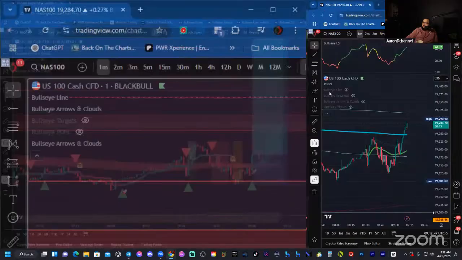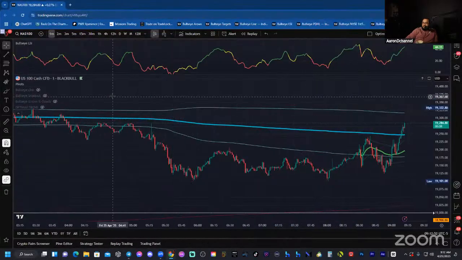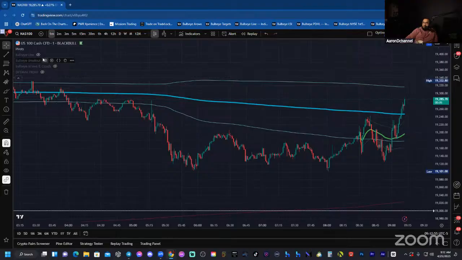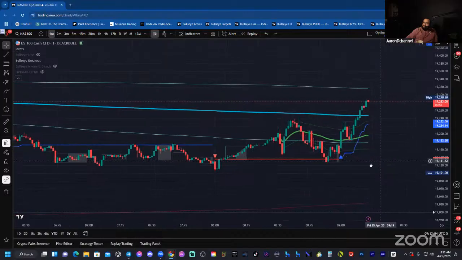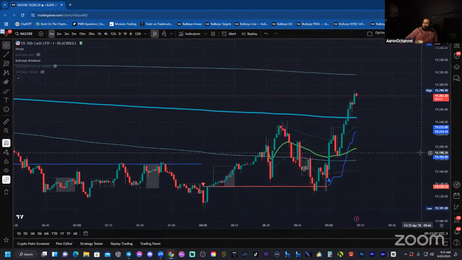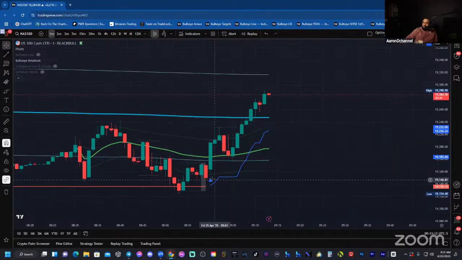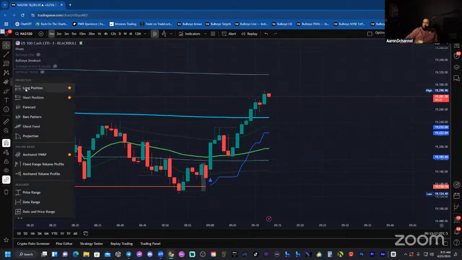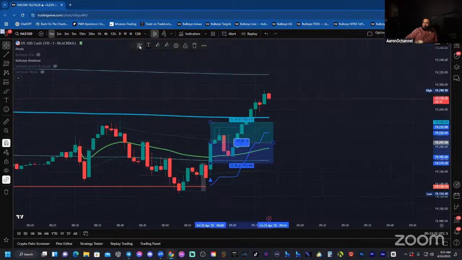You know what else? Let me go ahead and introduce y'all to the newest addition to our bunch of amazing custom tools. I call it the bullseye breakout. Sometimes you would hear me say the half trend, so I was tired of saying half trend. I needed something a little bit more funky. So we went into the lab and we coded this beautiful, amazing tool. I call it the bullseye breakout. So that was another reason why at 9 o'clock I'm clicking buy like a mug.